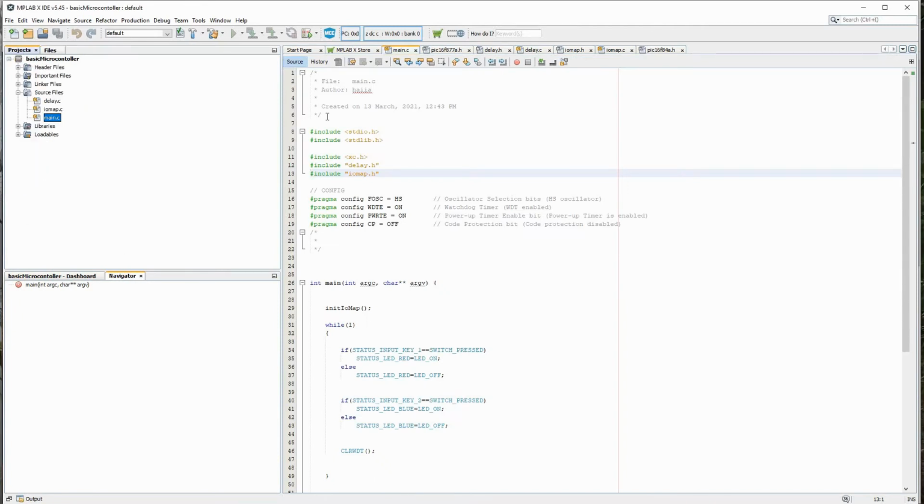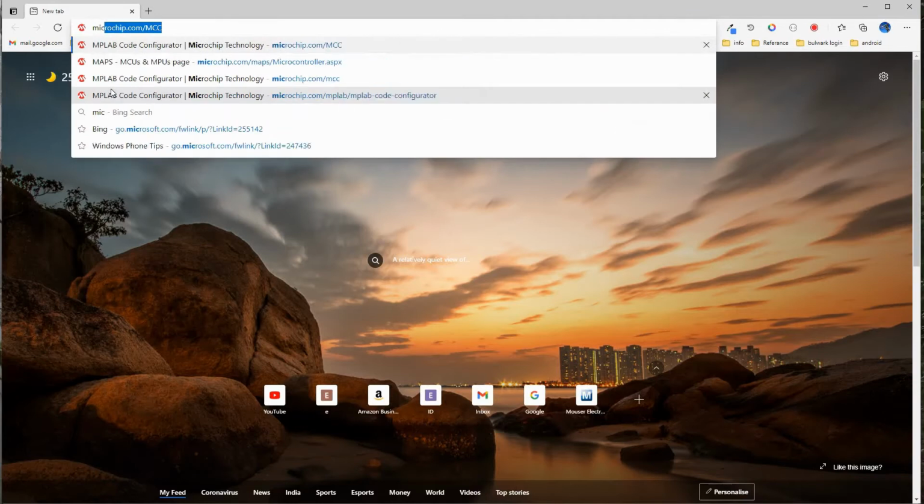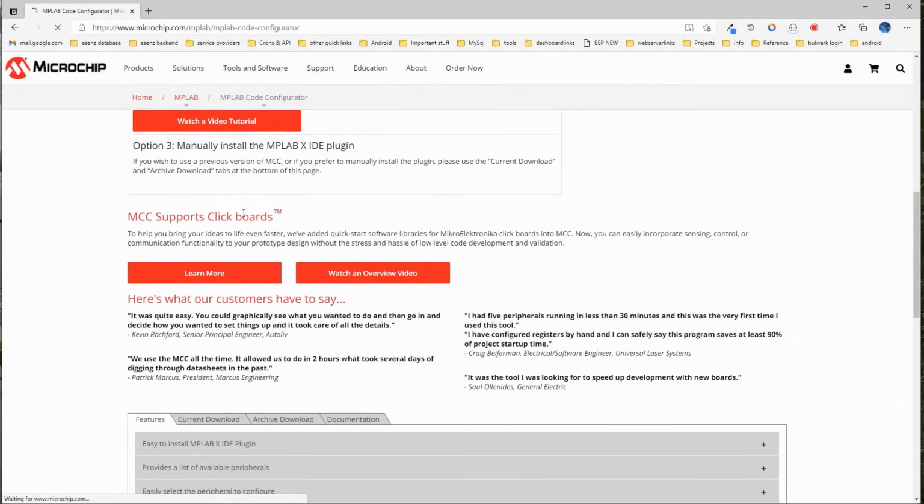We will select an 8-bit microcontroller, and something like how we did a kit for our basic electronics course, we will do a kit with Microchip. So let's select a controller which will be used in the kit also. I can show you the process of how we select a controller too. But first, let's go to Microchip and MCC and figure out which microcontrollers it supports.